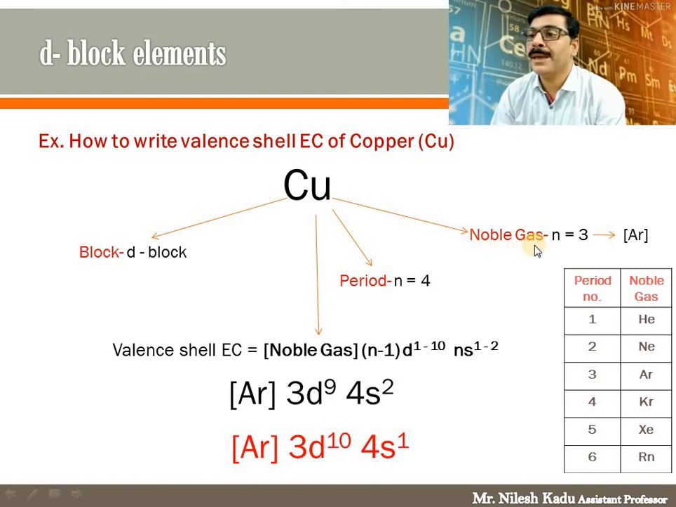Now for copper, the period number is 4, so the noble gas you have to select from the 3rd period, and in the 3rd period argon is the noble gas. So for copper, argon is the noble gas. Now, on the basis of the period number of copper, you can write the valence shell electronic configuration,